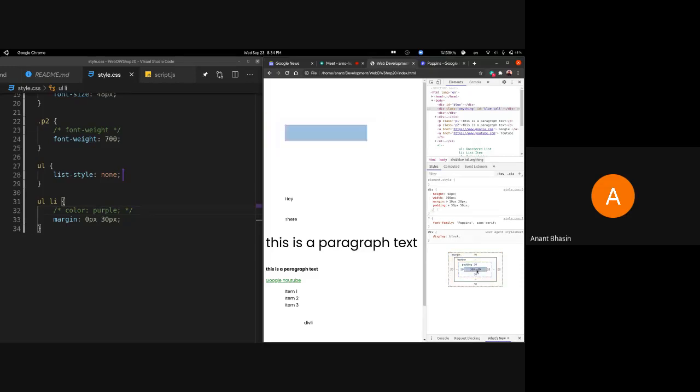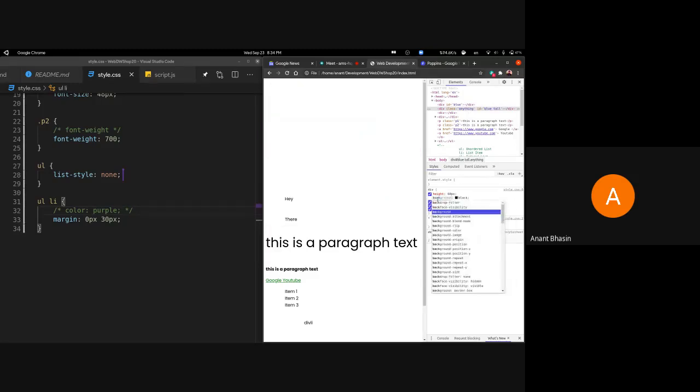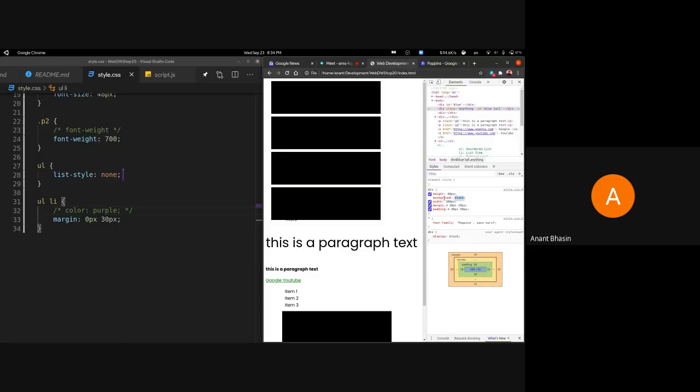So you can see this over here. Now I have the box selected. Let me also give it a color of black. Oh, background color, I'm sorry, not a color. A color corresponds to the color of the text. Background corresponds to the color of the actual element. So for this particular element, which I have selected, you can see that the element itself is 300 by 60 pixels.